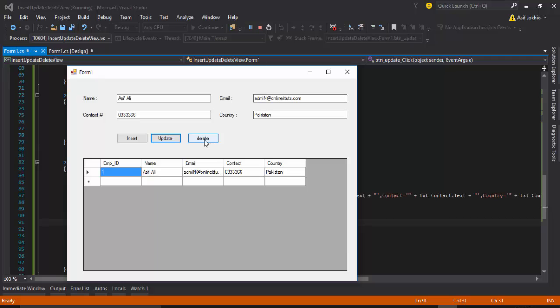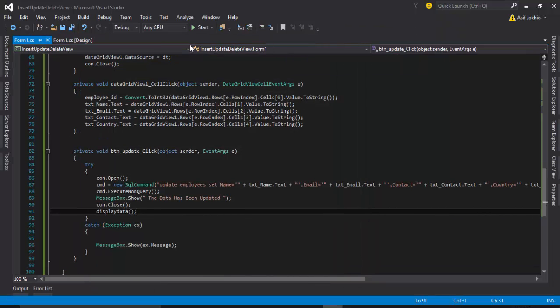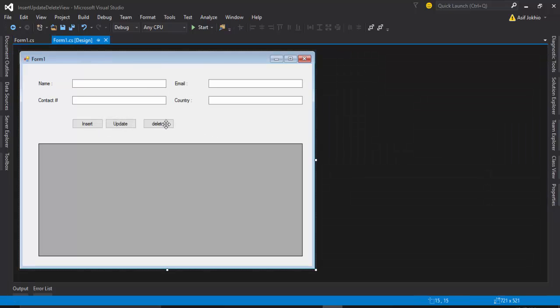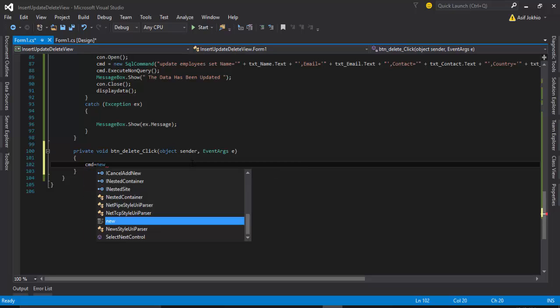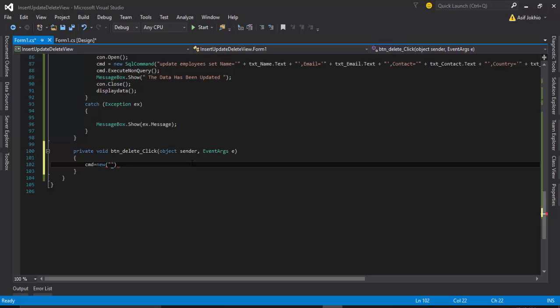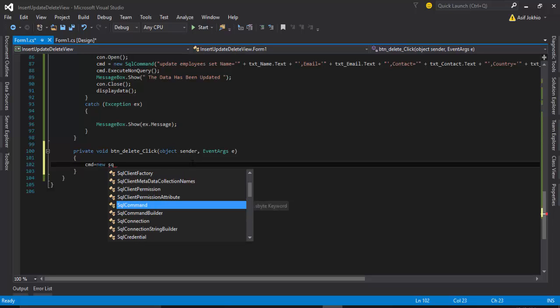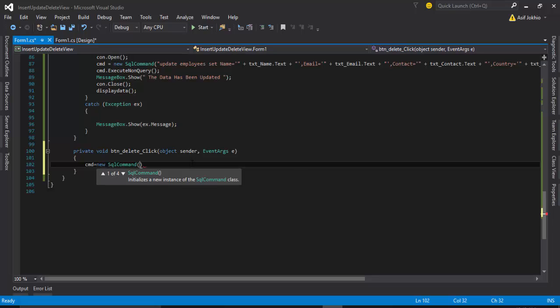Finally we need to use delete. How can we delete the record? So double click on delete. This is a very simple process. You need to call cmd equal to new SQL command and write the query: delete from the table where